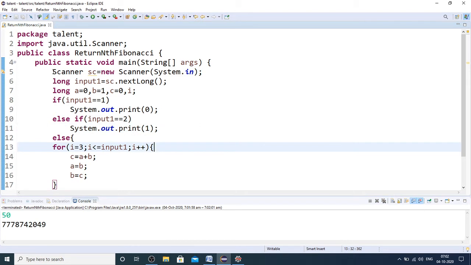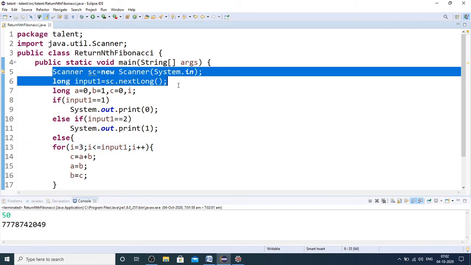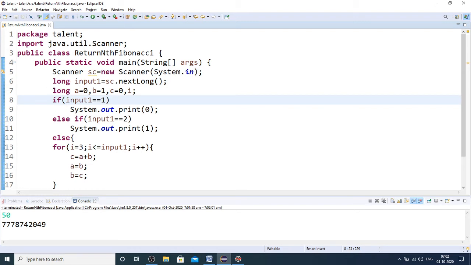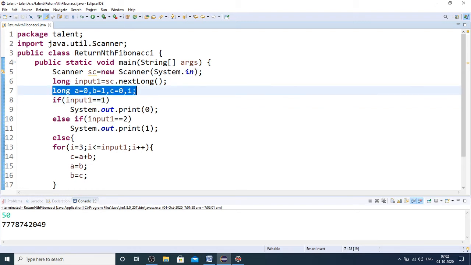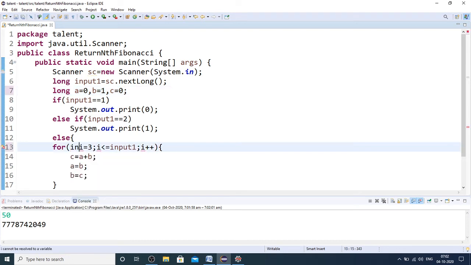Here, as said in my previous videos, you are not going to read any input. You will be given the input in long form, because it is expected that you are going to evaluate for larger numbers as well. For that reason, the given input is going to be in long form. So I have taken a, b, c also as long variables, and n can be integer actually. You don't require to make it long. Here itself you can just define it as int,